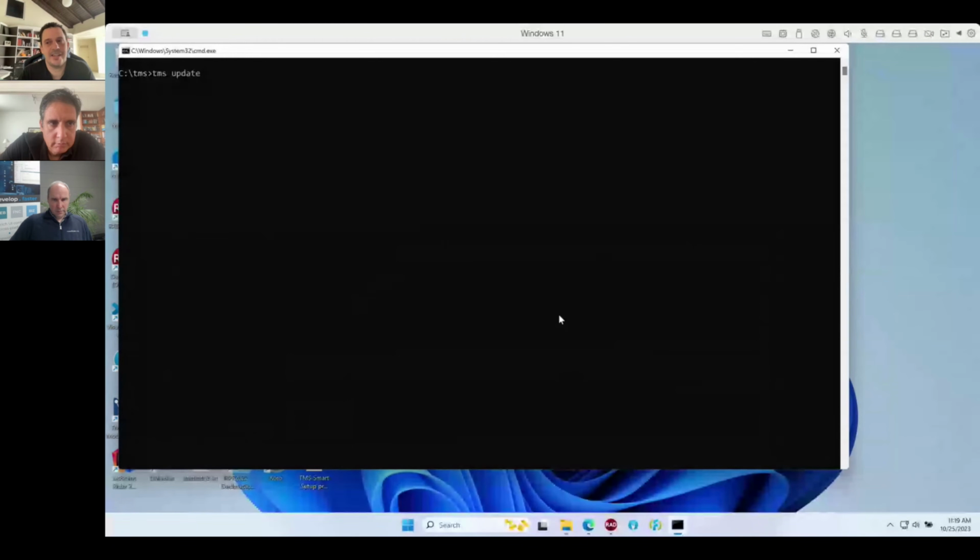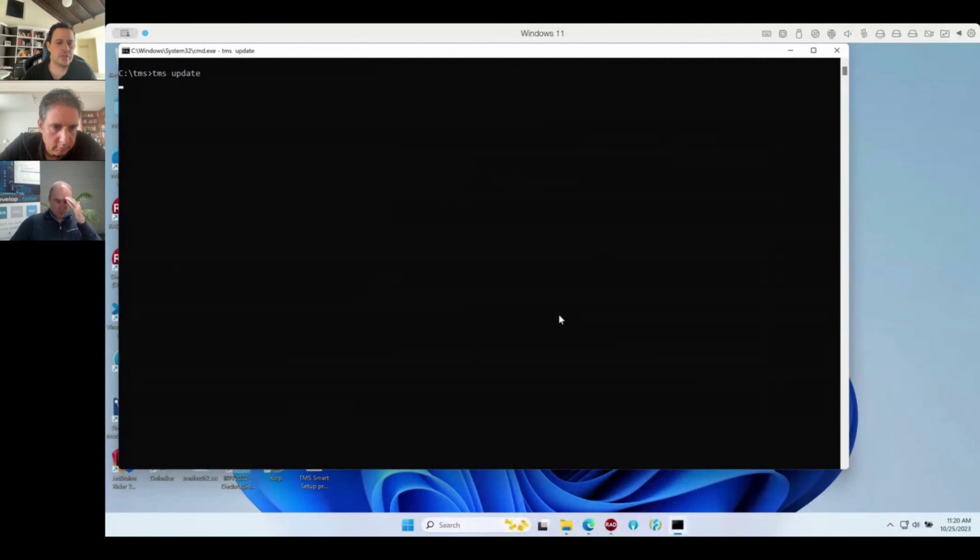Unfortunately, it will not show anything because TMS update, the idea is that you run it from time to time. So if there is a new version of TMS Aurelius or TMS Login or whatever products you have installed here, it will check if your version is outdated, and if it is, it will download a new version and just rebuild and install. In this case here, of course, there are no new versions, so it just says that TMS Business, Aurelius, and